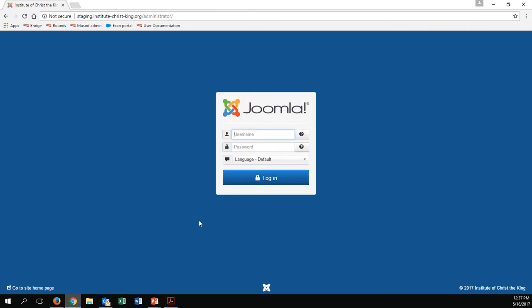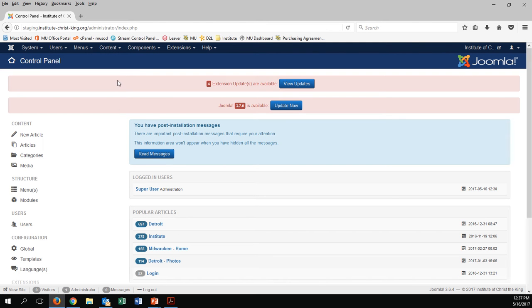So first let me start by showing then, when you get to the Joomla site, you'll be entering your username and password. And when you log in, this is what the main login page will look like. So there's a menu across the top, and sometimes there's another menu on the side here. The place that you're going to do most of the work is in these articles. So under Content, Articles,